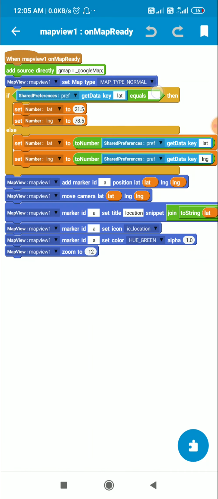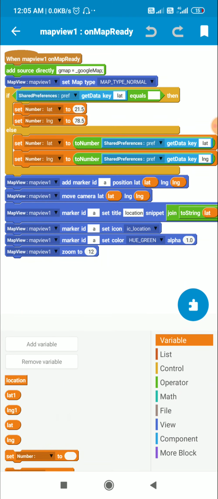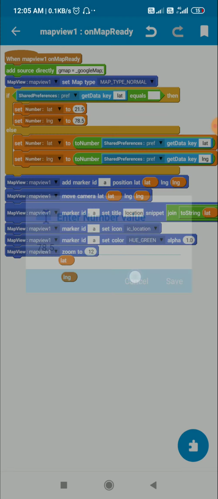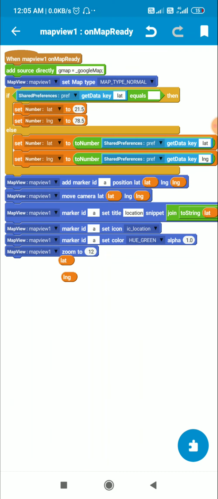If the key lat is empty, then I have these two number variables lat and lng, so I set lat to 21.5 and lng to 78.5 if this lat is empty. Okay, this is the location I prefer if the lat is empty.